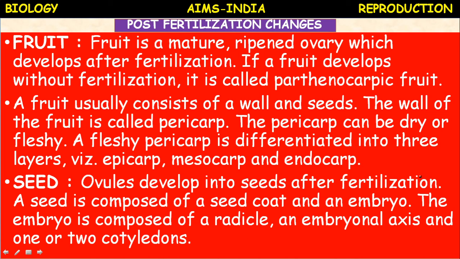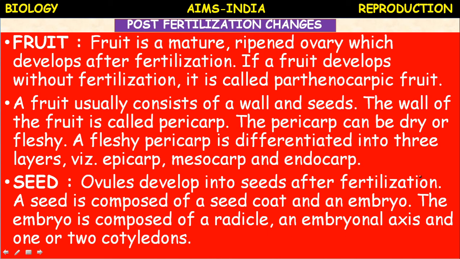The fruit derived from the ovary of a flower, not associated with any non-carpellary part, is called a true fruit. For example, tomato, grapes, cucumber, pea, these are all true fruits. A false fruit means the fruit derived from the ovary along with other accessory floral parts. It is called a false fruit. Example, strawberry and apple.